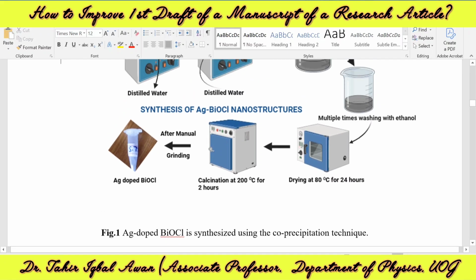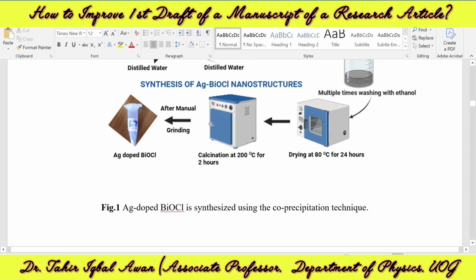As we have explained in the last session, the caption should be self-explanatory. So I presume that Figure 1 is basically the schematic of the various steps involved in the co-precipitation technique for synthesis of AgDO BiOCl. So that should be the caption of